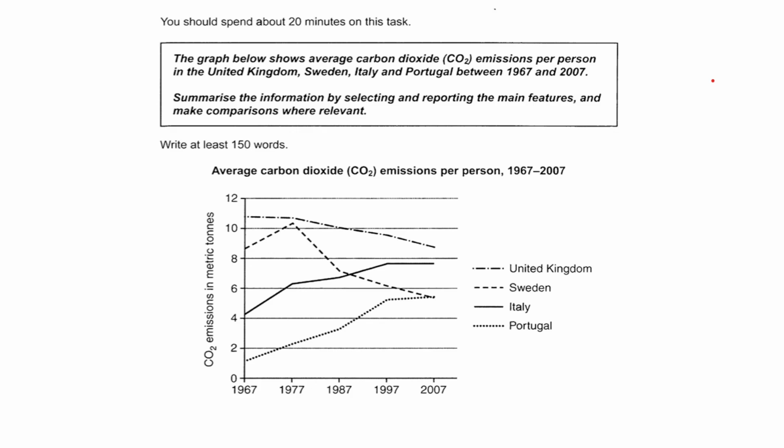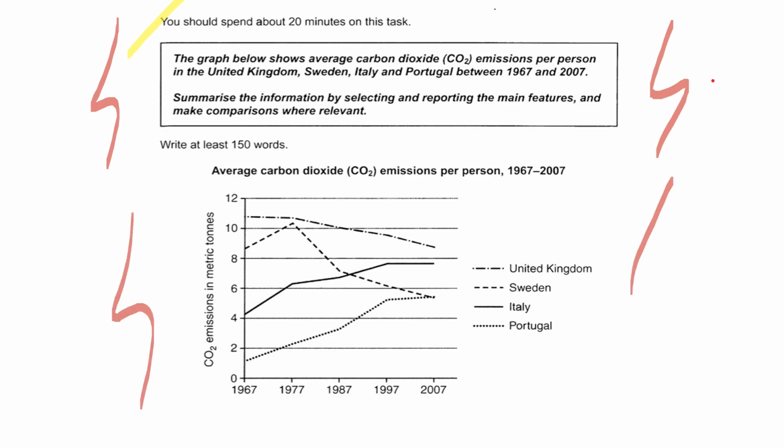For this line graph, the first piece of information we get is about the instruction. And here the instruction says you should spend about 20 minutes on this task. After that we get a box, and the first part of the box gives the general information or the introduction about this line graph. The graph below shows average carbon dioxide emissions per person in the United Kingdom, Sweden, Italy and Portugal between 1967